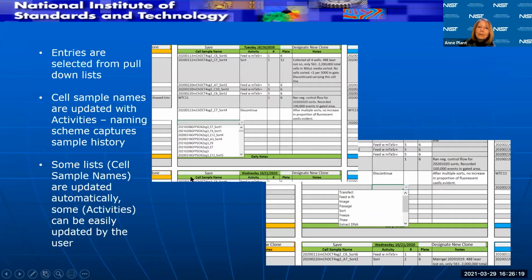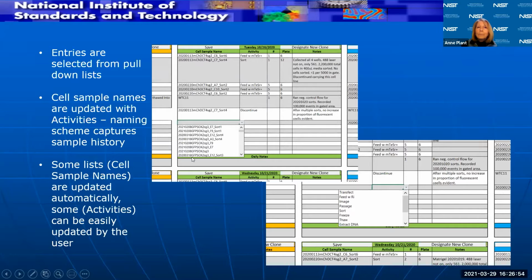And then it was also really easy through Excel to create pull-down lists, so that as the experimentalist is putting data in, they don't have to think about what's the name of that cell line. They can just select a cell line. And because some of these cell line names are evolving over time as new activities are happening to these cells, the names are similar to one another. It could be easy to get confused, and it's much less easy to get confused and make a mistake if you can just select something.